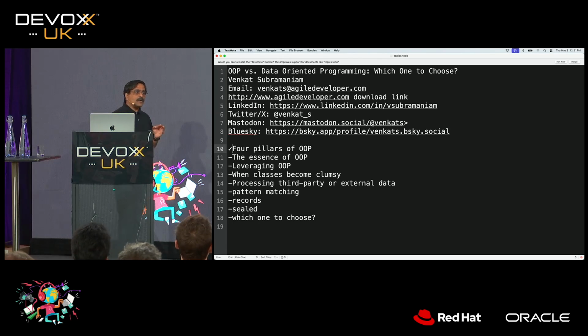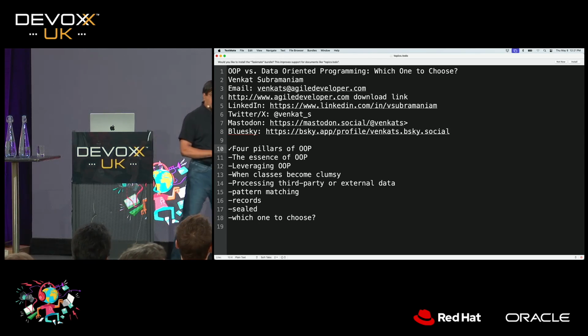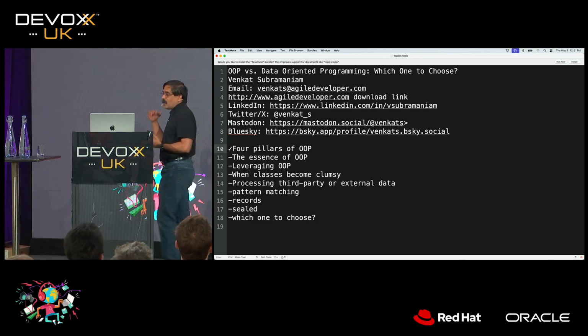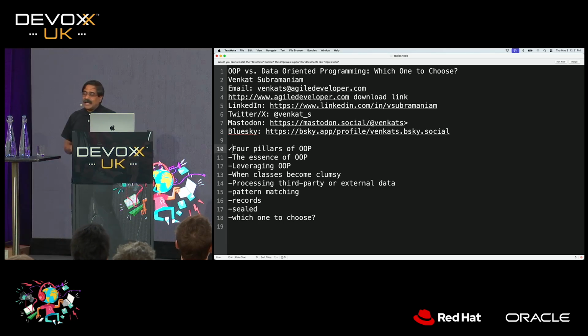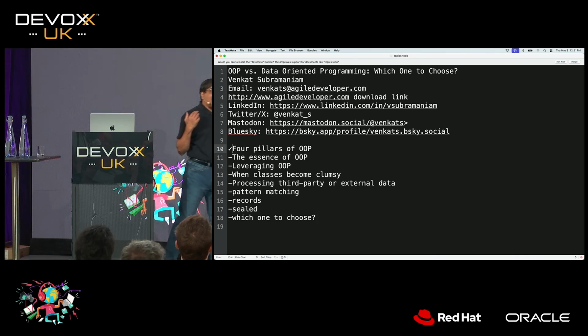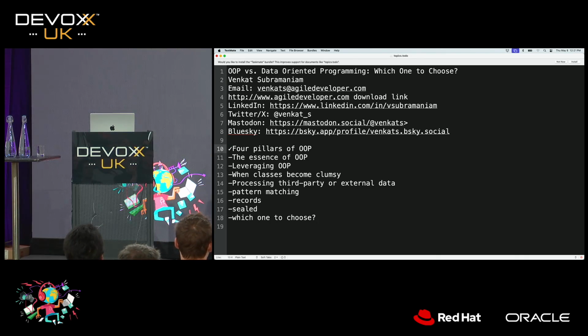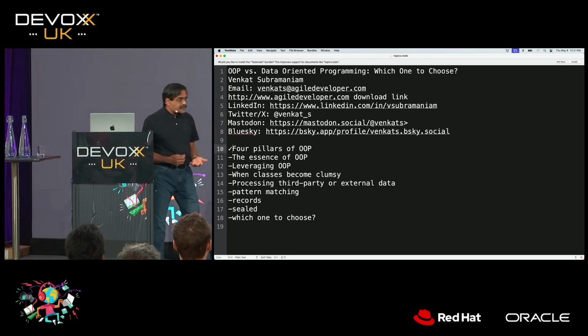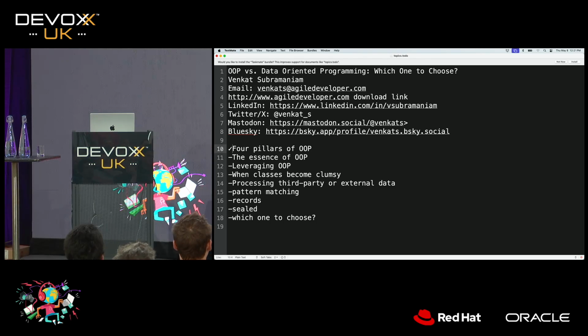But I would say the four pillars of object-oriented programming are abstraction. Well, abstraction is nothing new. We've had literature telling us, even as far back as people like Plato, talking about abstraction. And so we do abstraction in everything we do as humans. That's how we stay sane. Without abstraction, we'll go crazy very quickly because we cannot handle the complexity of what's around us. Abstraction is how we deal with complexity in our lives, and so in programming as well.